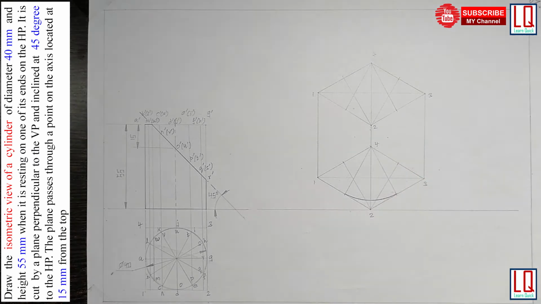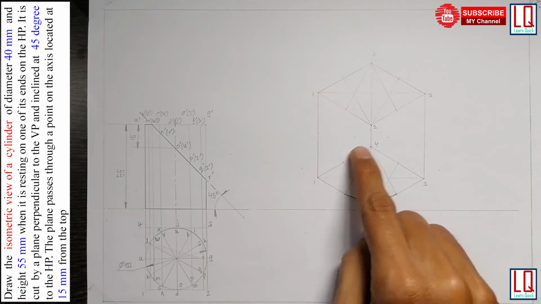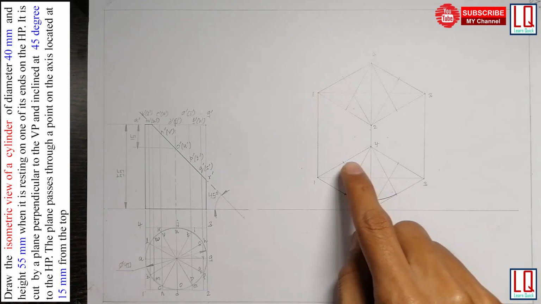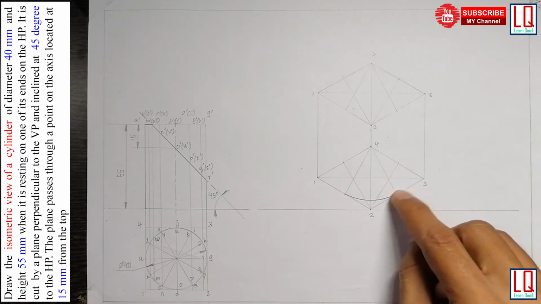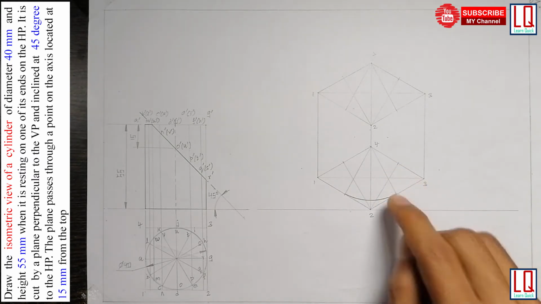Here only the front half of the cylinder will be visible. The rear view of the cylinder in the base will not be visible, so we close only this V and will not be closing the other V. Similarly, for the smaller V's, here I have to make only half, and on this side also I have to make only half.